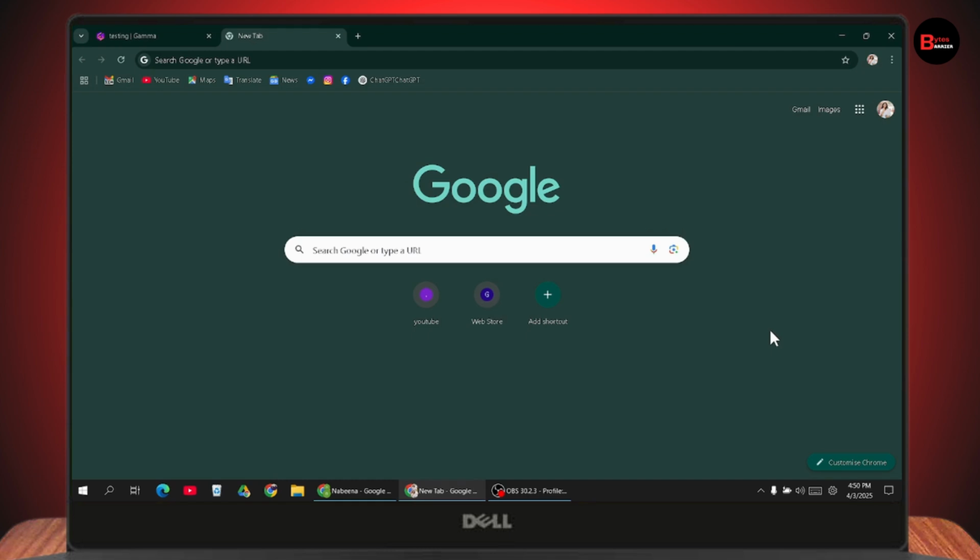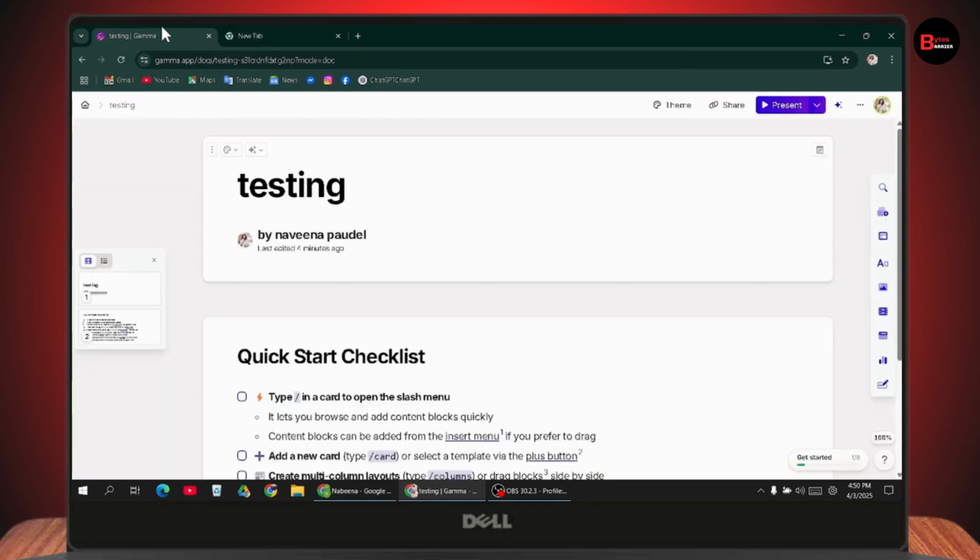first make sure that you have a stable internet connection. After that, you need to search for Gamma app, and then you need to make sure that you've logged into your account. Now you need to go with the presentation that you've created. And once you've created your presentation, now if you want to download it as a PowerPoint, then you need to